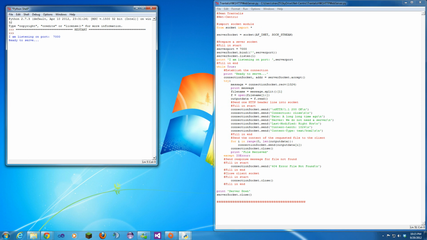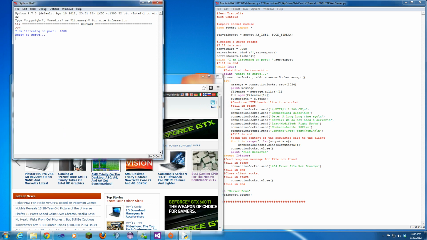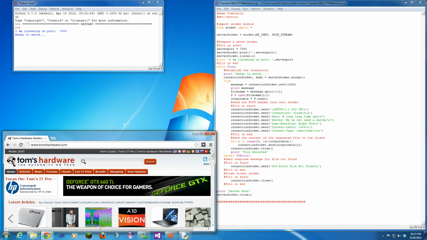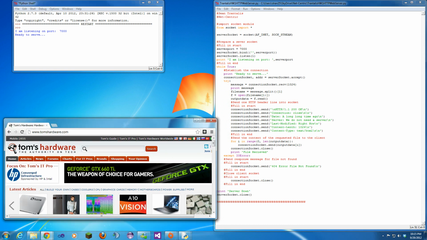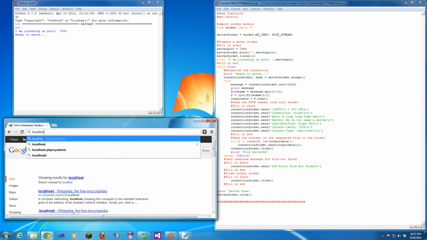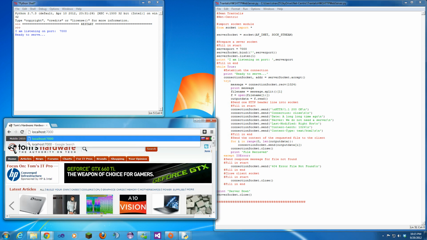So it's listening and it's ready to serve. So I'll bring over my web browser, get it all organized so you can see it. I probably can make this smaller because there's not much in the file. So we're going to do localhost:7000/ but I'll show you what happens. It should go to the except if I hit enter,